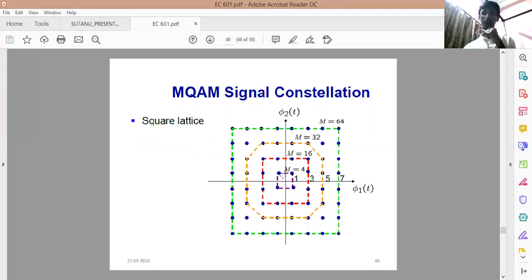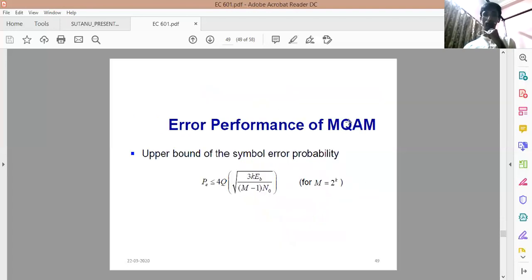It is always the relationship of 4, 16, 32, 64, next 128, 256, then 512, something like that. So this is the constellation diagram,